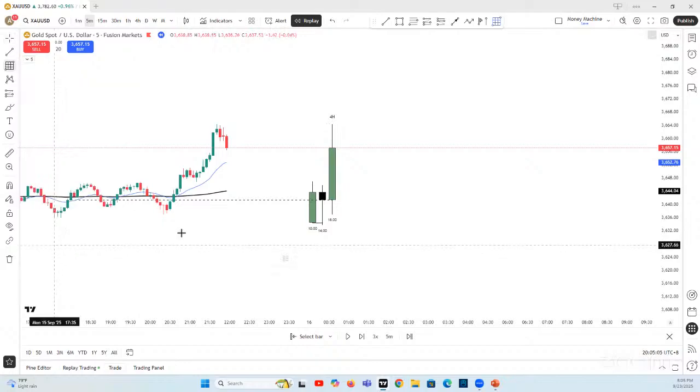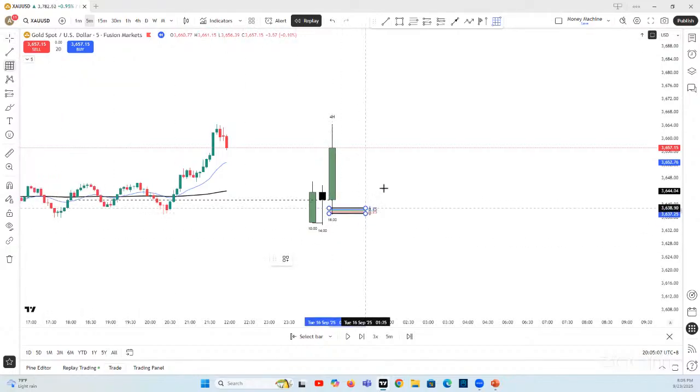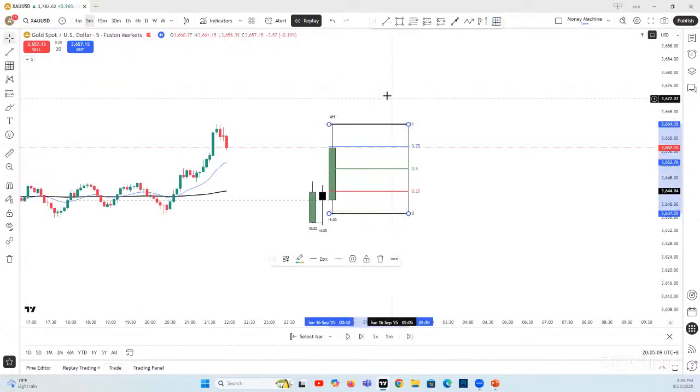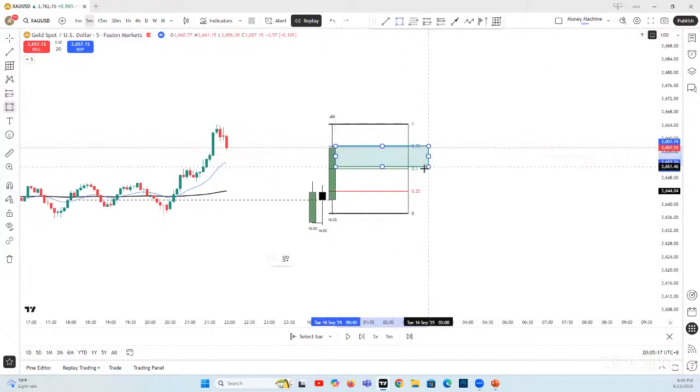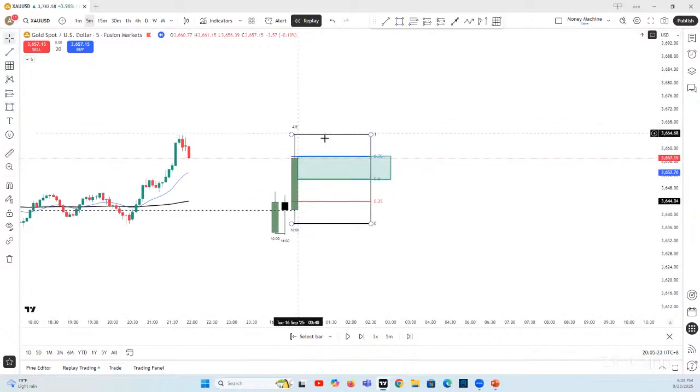Where's my gun box? Okay, there's the gun box. Now, all you need to do is for price to retrace in this area, right? This is the optimum area. This one. We want the candle to go there. But there are times it will just stay in the premature area. But the best one is the optimum area, okay?